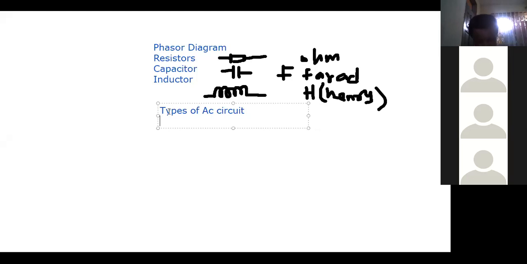We are going to talk about the pure resistance circuit, the pure capacitor circuit, and also the pure inductive circuit, that means the circuit made up of inductors only. So now we are going to talk about the pure